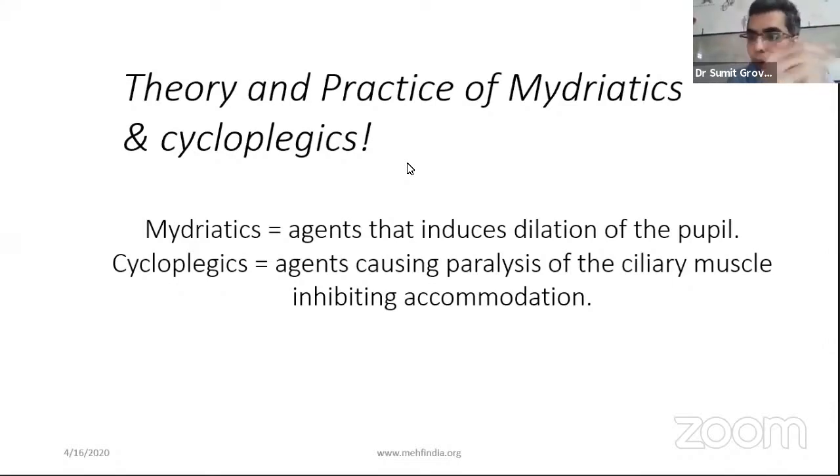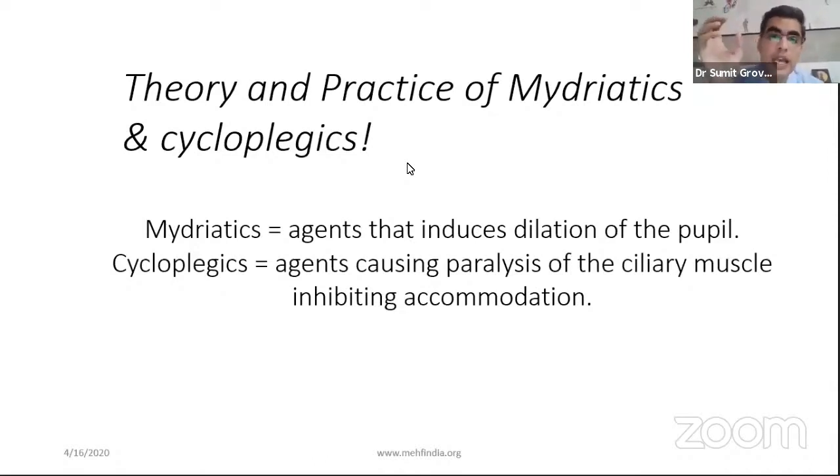What do we call accommodation? Accommodation in the eye, I'll split it into two things: the accommodation created by the lens and the accommodation of the pupil. When we focus from a far object to a near object, our eye accommodates to focus on the near object. And how does it do that? The lens becomes more convex. The ciliary body contracts, the zonules become lax, the lens becomes more convex, and the converging power of the lens